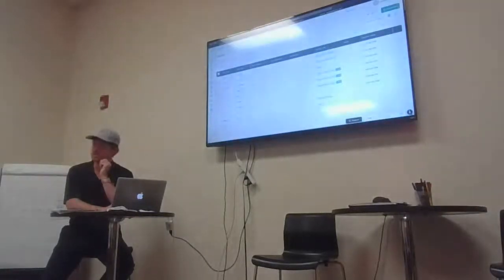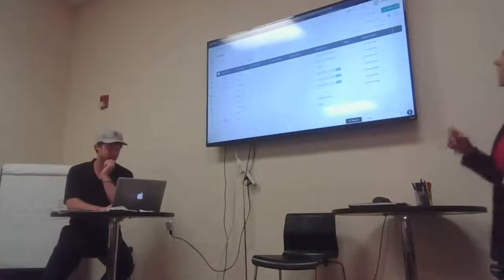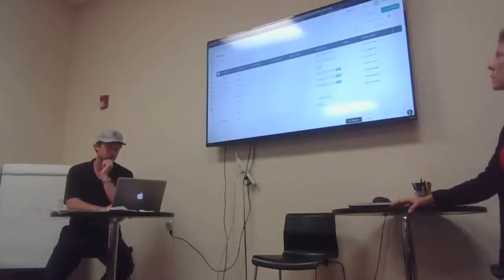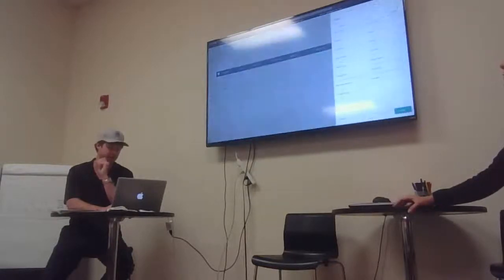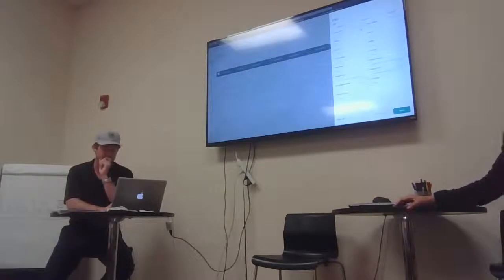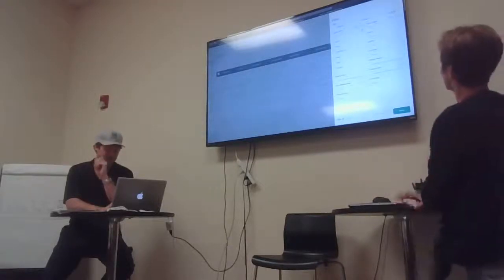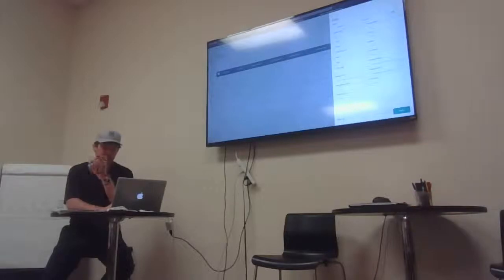So let's do filters because this might be what you're trying to get at. So filters here, this is how you can filter your whole database, and we have about 13,000 contacts. So system tags are the ones that this comes with. So those are the easy ones. Custom tags are the ones that you create yourself. So if you have like wine, we'll say, and they only show 5 at a time, by the way. So if you have one that's in here that you don't see, just type it, and it'll pop up for you. So we'll just do Boone Homes for sale, and then click apply,